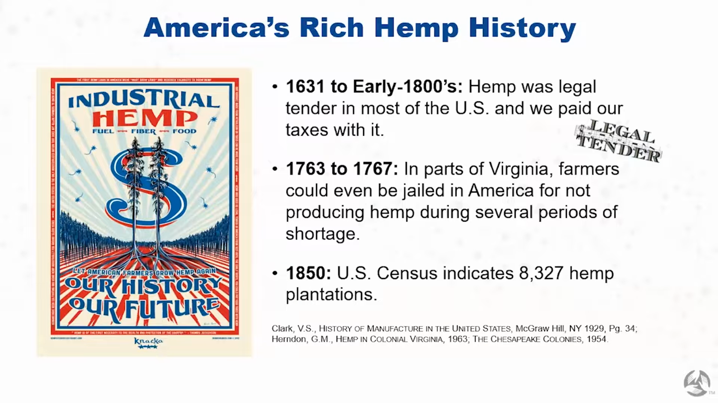So, America's very rich hemp history. Hemp was legal tender in most of the United States up until the early 1800s, and we paid our taxes with it. From 1763 to 1767, during periods of shortage where our nation's security was threatened because we had a shortage of this important fiber, in parts of Virginia, farmers could even be jailed in America for not producing hemp